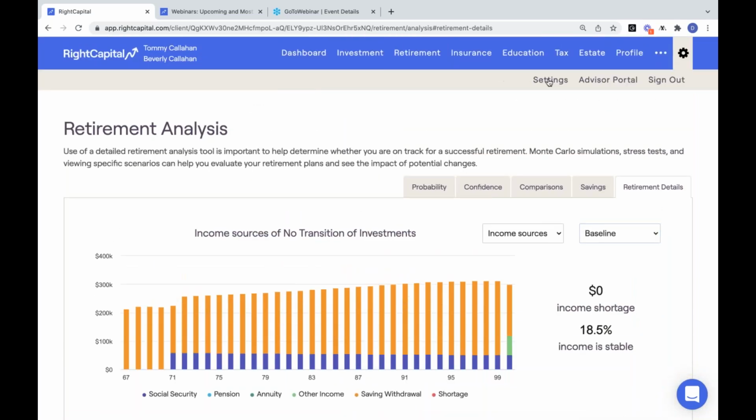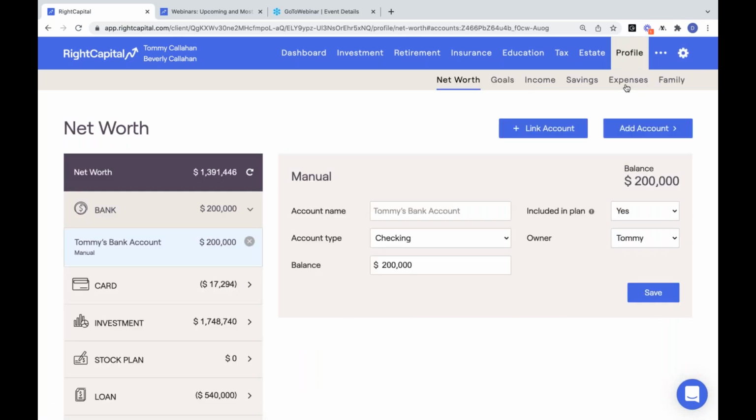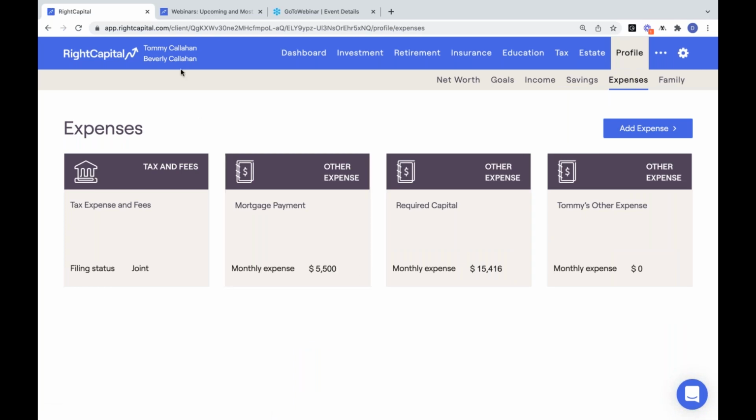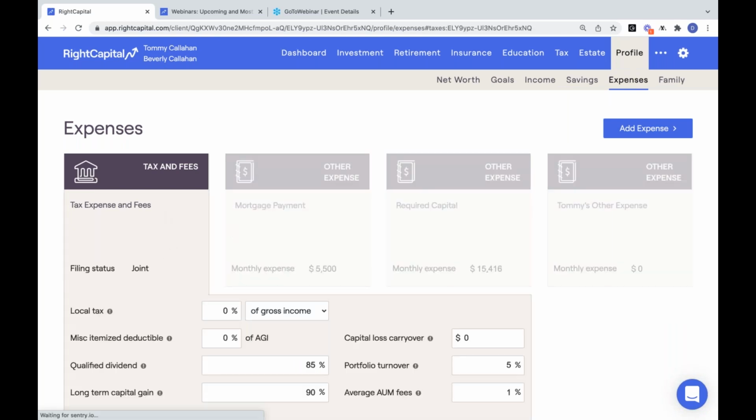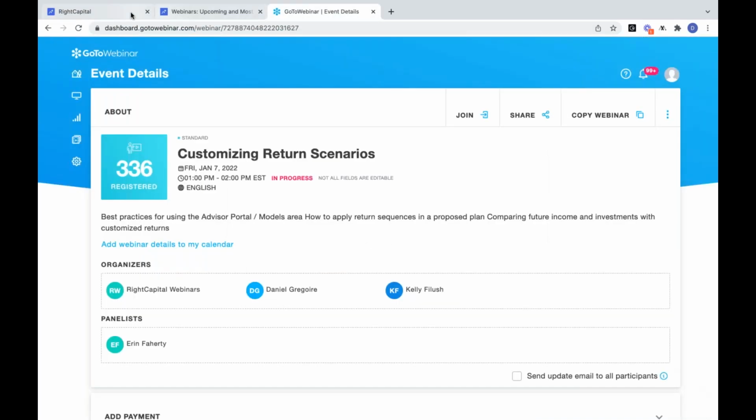But ultimately, there's a couple other things that are important. Number one, making sure you have a transition in assets over time. So maybe you're not comparing the client being invested in a 70-30 for their whole life versus an annuity. Or, also making sure you're comparing accurately an annuity that might have some fees to investments that actually have AUM fees as well. So again, the taxes and fees card here, making sure you have an AUM fee if that's what you're comparing the annuity against. If you're showing investments without fees, annuities with fees, and trying to compare the two, it might not be a purely apples to apples